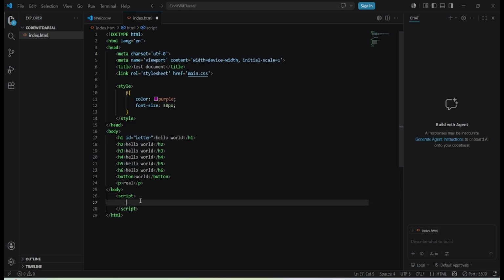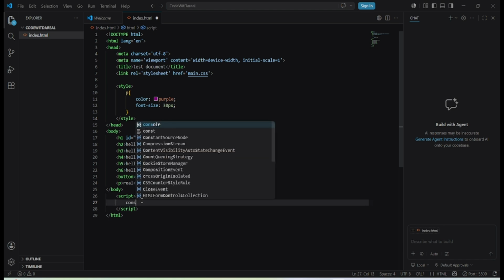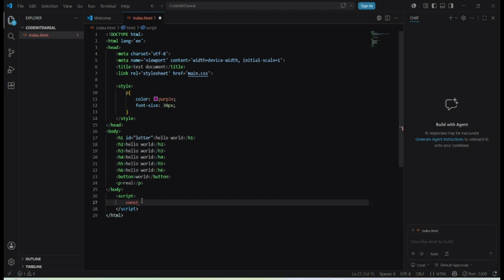Now we need to bring that ID and put it in our JavaScript. And how do we do that? Well, we're going to first of all declare it. Now JavaScript is all about declaring variables and whatnot. So I'm going to use const letter equals